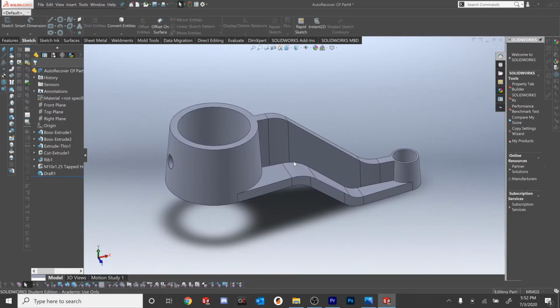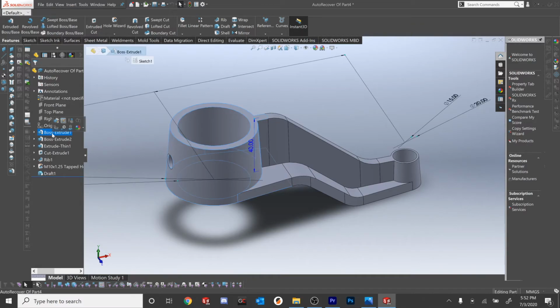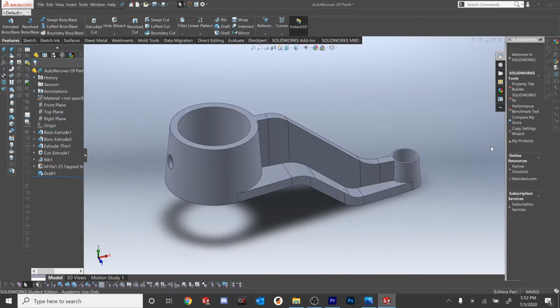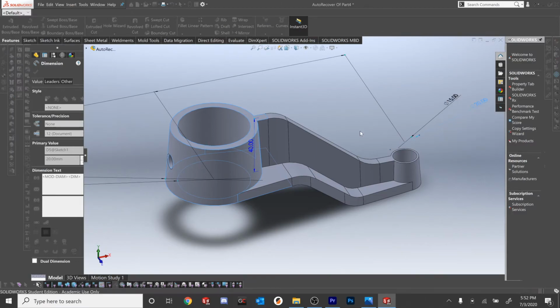All right. Okay, so now that I've applied my draft, all that's left is to create the fillets. But before I do that, something about this cylinder looks a little off to me, so I'm just going to make sure I have the correct size for that diameter selected. And it looks like I've inputted 20, and the actual diameter is 25, so I need to change that. If I have Instant 3D selected, I can just click on the feature, double-click this dimension, enter 25, enter,